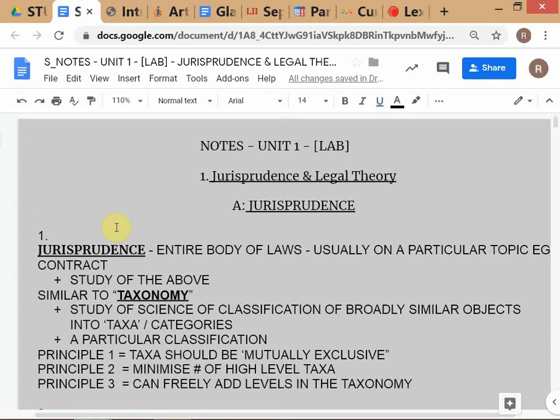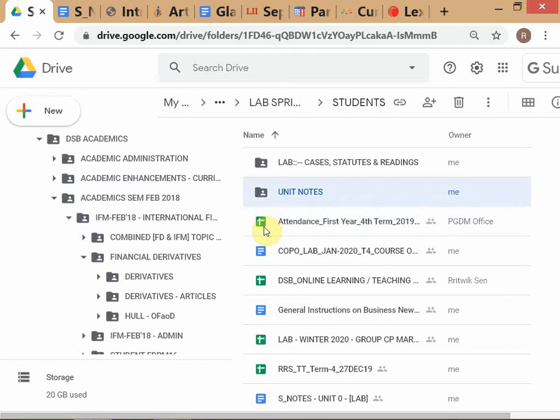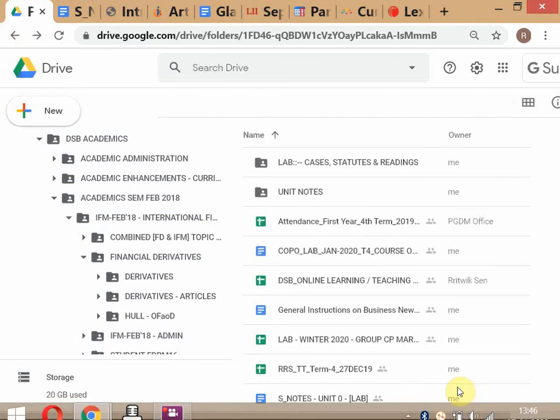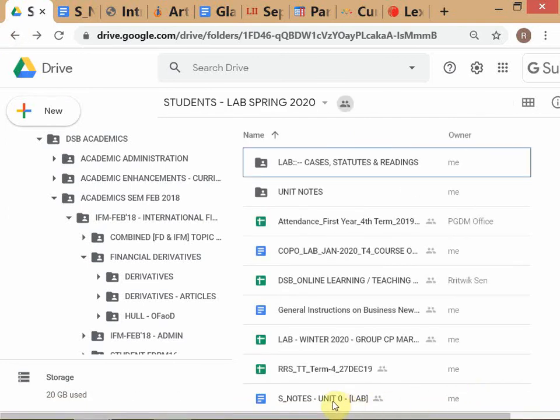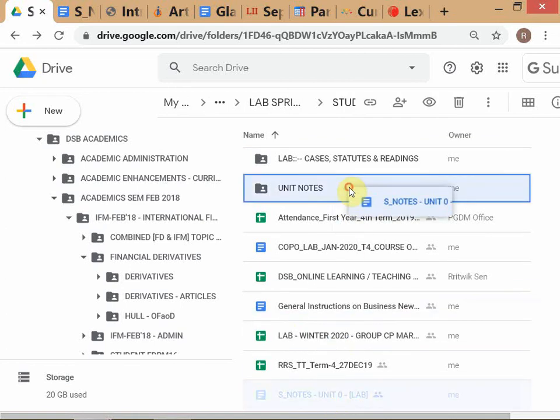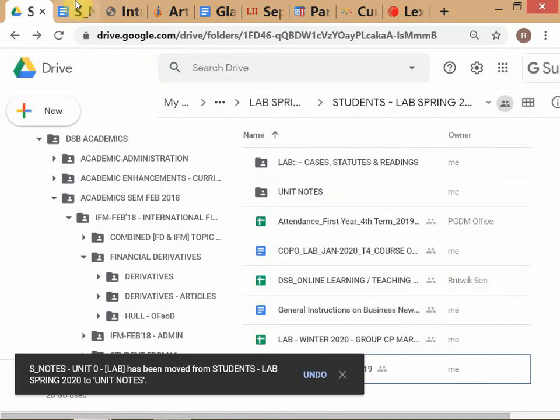Okay. So we first start. What we'll be doing essentially is there'll be a bunch of concepts that I'll be throwing at you, and this is all written down in notes, and this note is already in your folder. Okay, if you see in your unit notes folder, this is already your student folder. All the stuff which we have discussed is already here, and the unit 0 labs, I'll move the unit 0 notes also into this, okay, which we can do. So unit 1, which I'm now teaching, is already here. There will also be a spreadsheet which I will put into your notes. I'm going to move this into unit notes. Alright, so your unit 0 is also here.